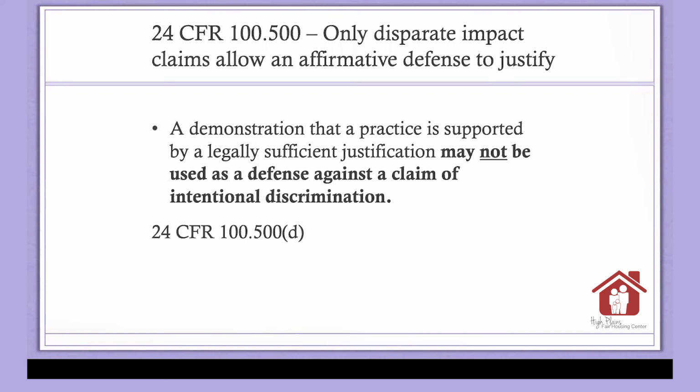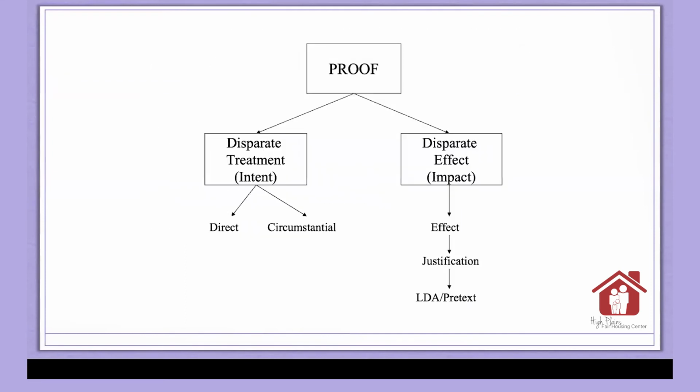One important point that I wanted to touch on, and it's codified here in the CFR, is that only disparate impact claims provide an affirmative defense to justify them. So what are we talking about here? Well, back up to the flow chart here. If the plaintiff establishes disparate treatment, that whatever the decision was based on membership in a protected category, there is no affirmative defense available. And this is one way that is really a different layout than it is in the